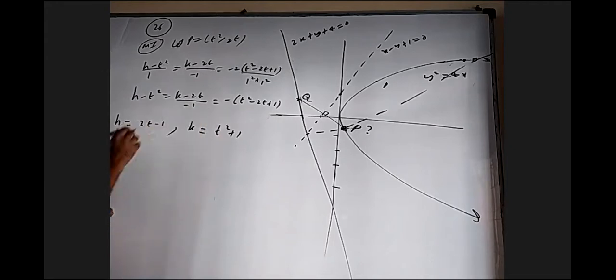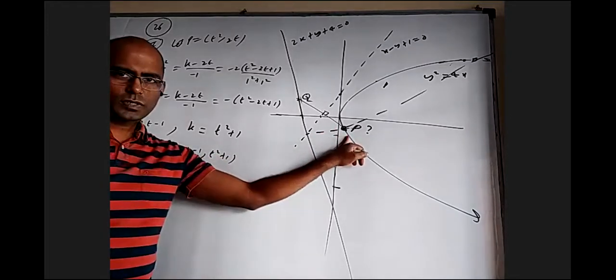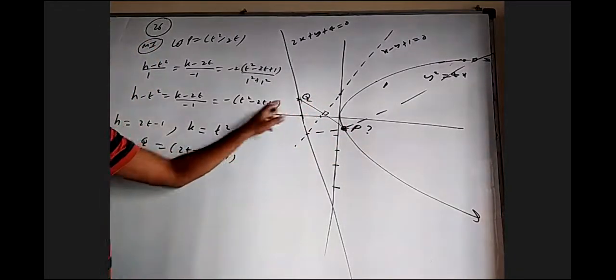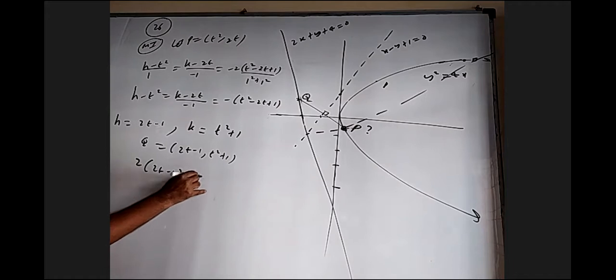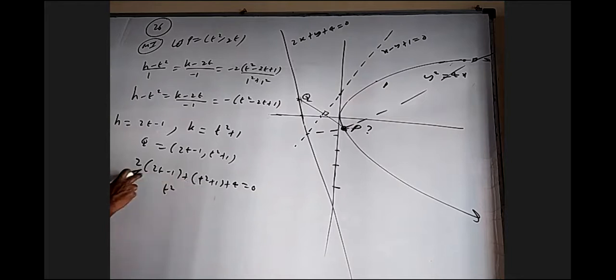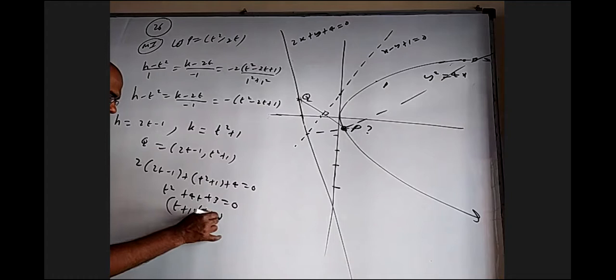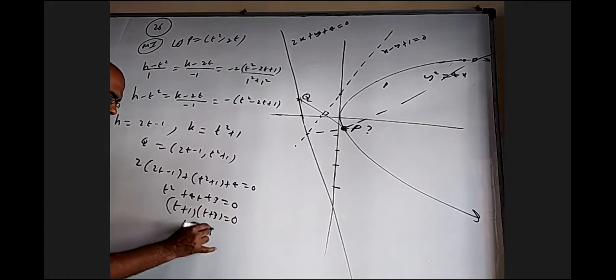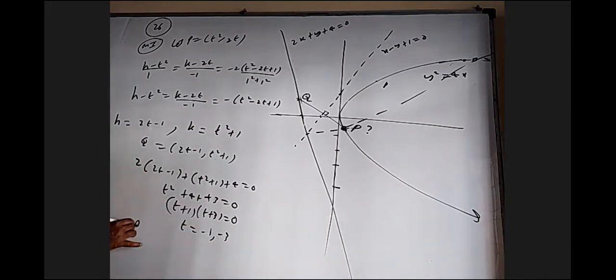And this h comma k is Q. So now Q is equal to 2t minus 1 and t square plus 1. So I took this point as t square comma 2t, with respect to this found the image. This also came in terms of t, and that should satisfy that line. 2 into 2t minus 1 plus t square plus 1 plus 4 equal to 0. That is t square plus 4t plus 3 equal to 0. That is t plus 1 into t plus 3 equal to 0. We'll get t equal to minus 1 or minus 3. When I put that back, we'll get P values as 1 comma minus 2.